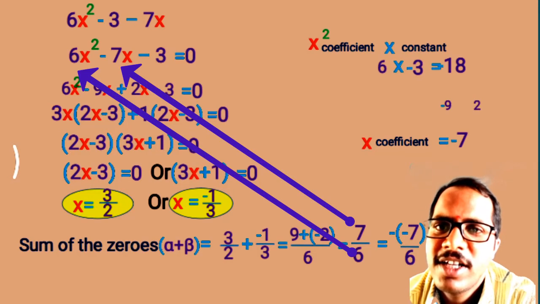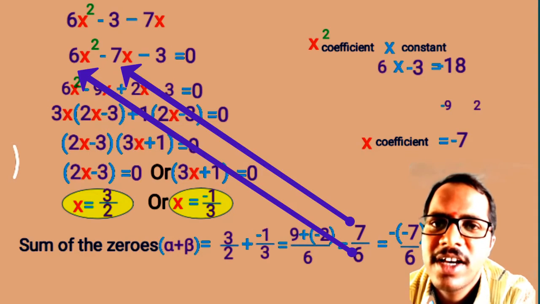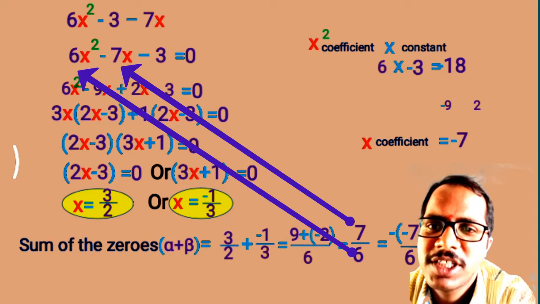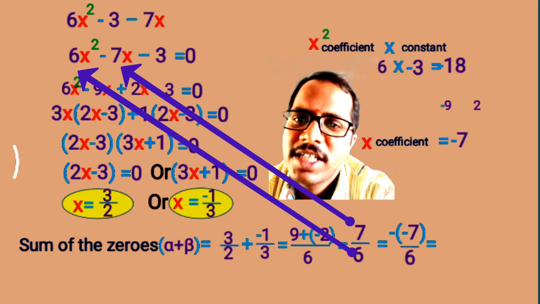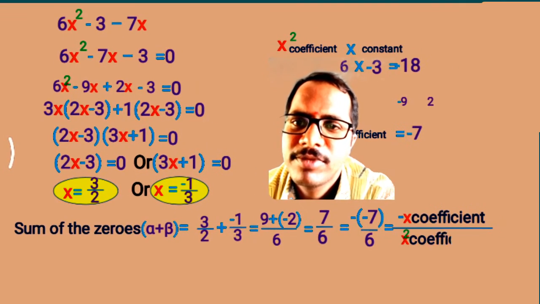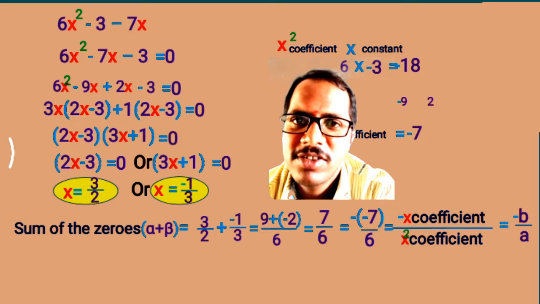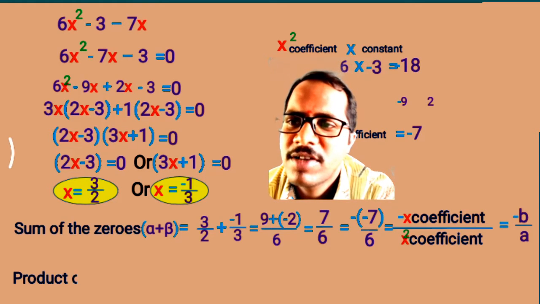Now here in the numerator, minus 7 is the coefficient of x and 6 is the x square coefficient. So this can be written as minus x coefficient by x square coefficient, or we can say minus b by a. So we verified the sum of the zeros, and now let us verify the product of the zeros,